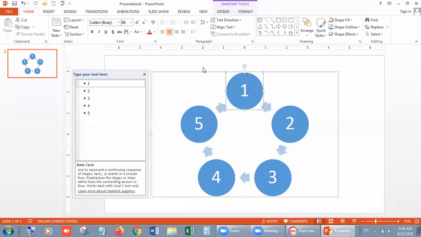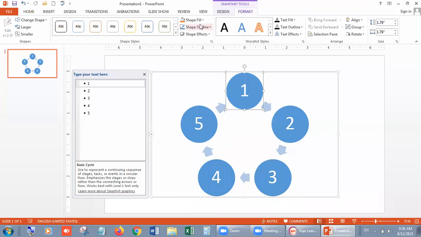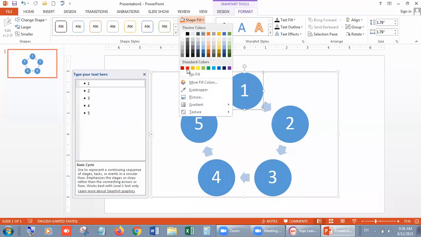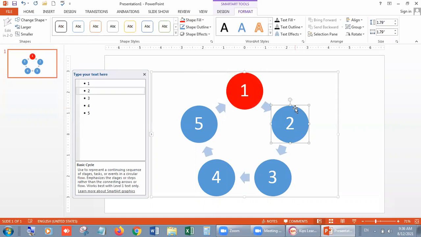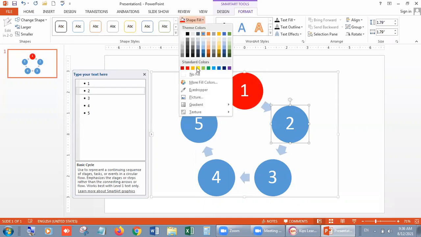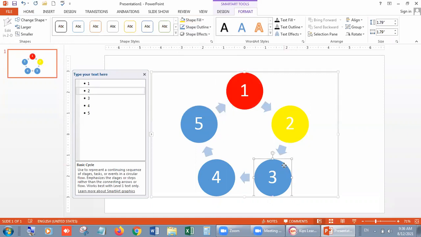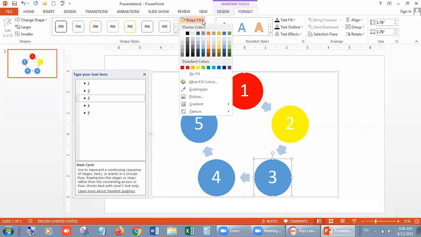You can change the color of it. Okay, like this. When you click on any box, you will have two more tabs. It is SmartArt Tools, Design and Format. In Format, you can fill the color. Suppose you make this one red, this one yellow, this one another color.